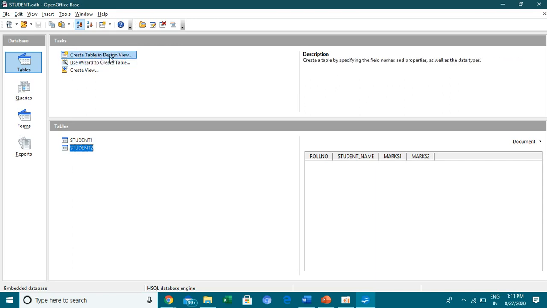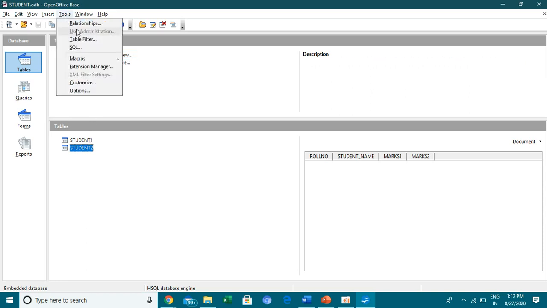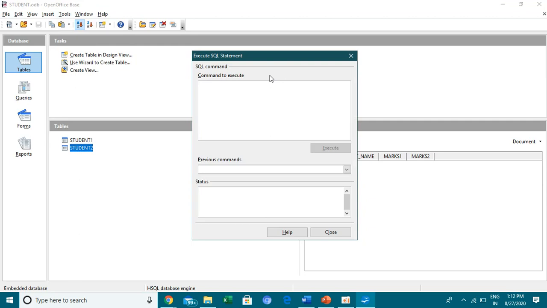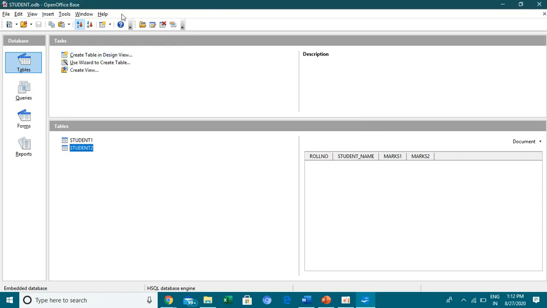This is how to create a table in a database by using the SQL query and create table in design view. Children, how to create a table in design view? Just click on this, then give the structure of the table, then you can insert the values. Otherwise, go to Tools, then choose SQL. You'll get the SQL command box like this. Here you can type the SQL command. What command? The DDL command. DDL means Data Definition Language, for creating a table in the database. Then press the execute button. It will execute your query. The table will be created along with your given fields. I hope you all understood how to create a table in a database.